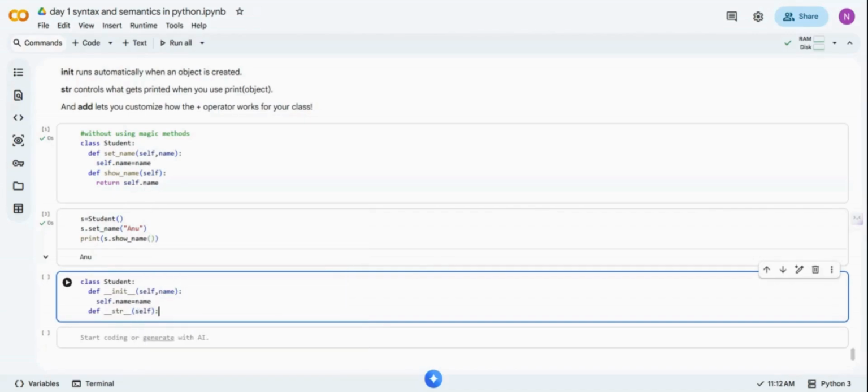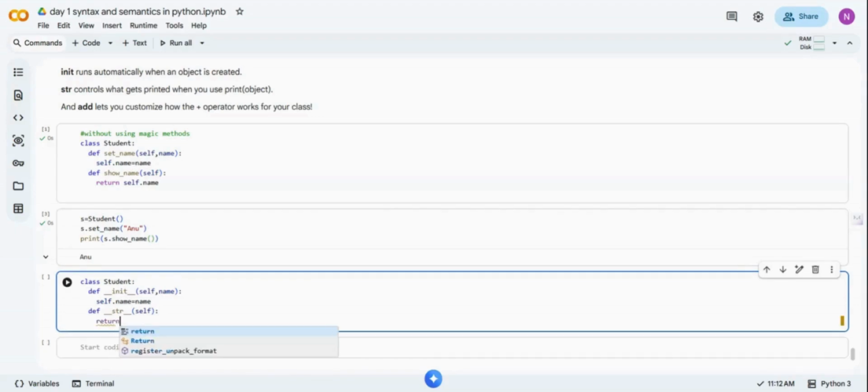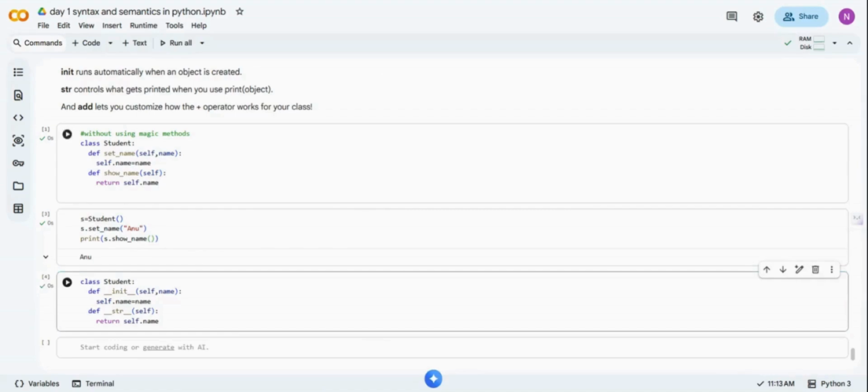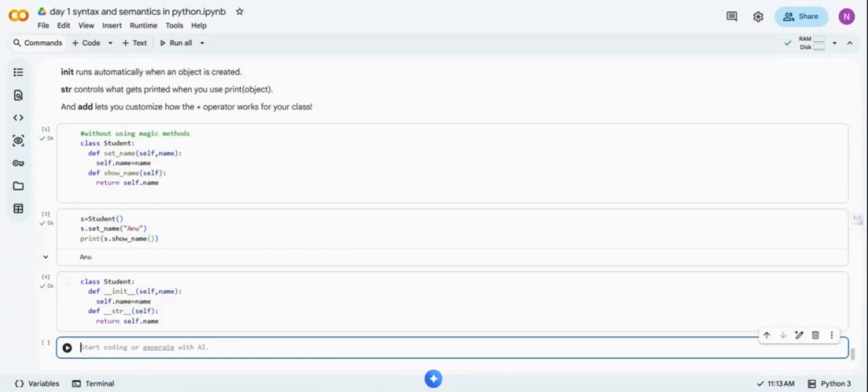This is for when someone is trying to print the object, it shows the name. So what to return: self dot name. See, let's run this. Let's give the value like